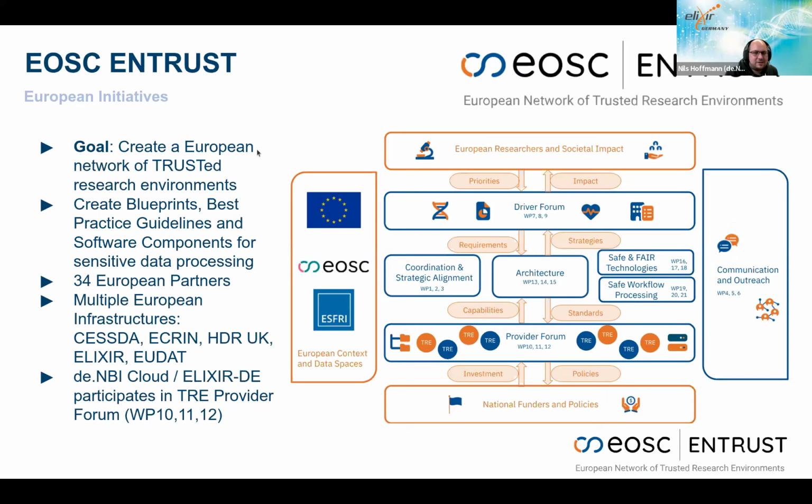One current project where we are involved is EOSC Entrust, where we take part in the Providers Forum. So we provide different types of trusted or secure processing environments. Tübingen, for example, offers a secure processing environment based on OpenStack, where people can define and install their own tools as much as possible, while Berlin offers a very high-level integration trusted research environment with workflow support and other capabilities as well.